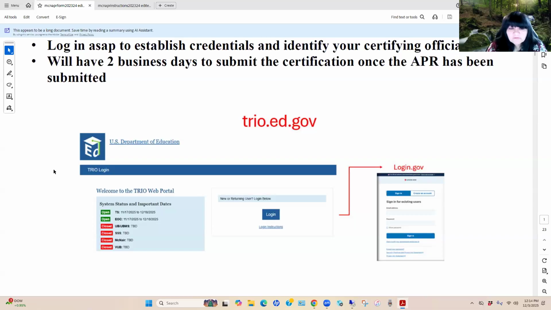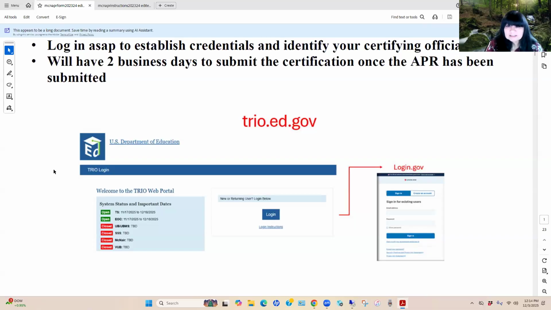Below this particular view at trio.ed.gov, you'll also see some links that are going to provide you with helpful links to the instructions. As Lisa mentioned, we've provided for you the instructions, but what we've done is taken the 23-24 annual performance report and modified it.